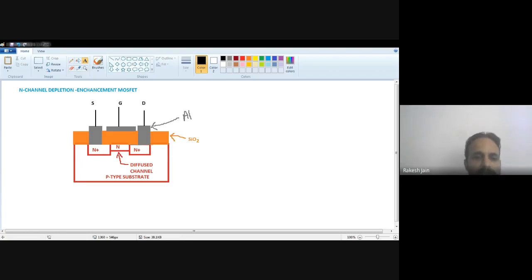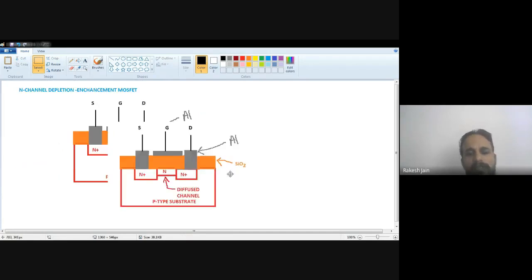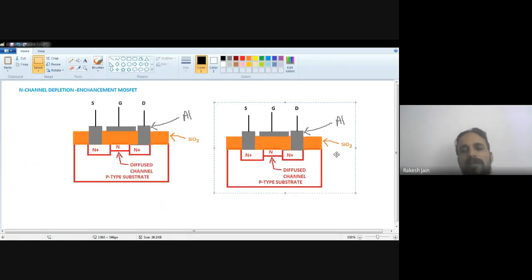For the P-channel, I just copy and paste this diagram so you will understand the construction of the P-channel depletion enhancement MOSFET. All things will be as it is. The P and N semiconductor, that's why the semiconductor word is there. Aluminum metallization, that's why the metal word is there. Silicon dioxide layer is there, that's why the oxide word is there. So metal oxide semiconductor, and from the working principle we will see that the output current depends on, or changes in accordance with, the applied input voltage. That's why there is the word field effect transistor. So it is a MOSFET.